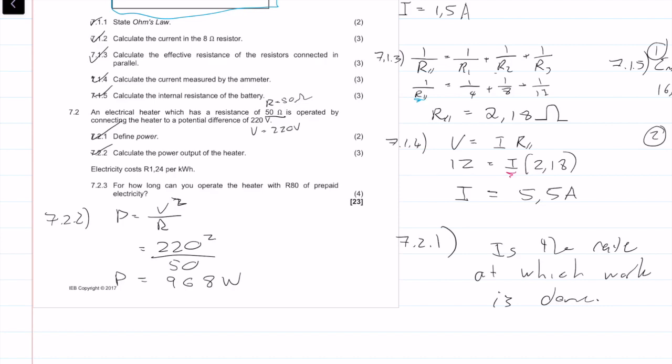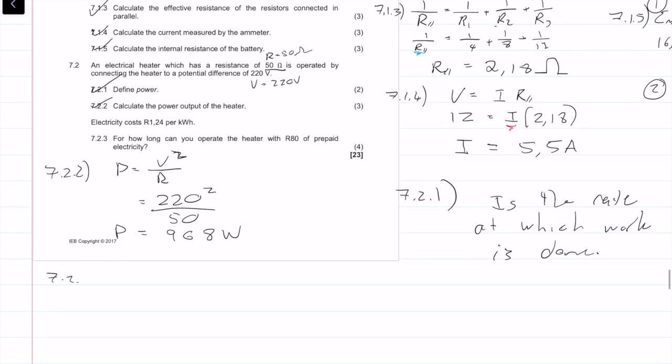Okay, so 7.2.3, electricity costs R1.24 per kilowatt hour. How long can you operate the heater with 80 Rand? So we have 80 Rand, so we want to work out the time. So how are we going to do this? We can say that the cost is going to be equal to the number of kilowatts